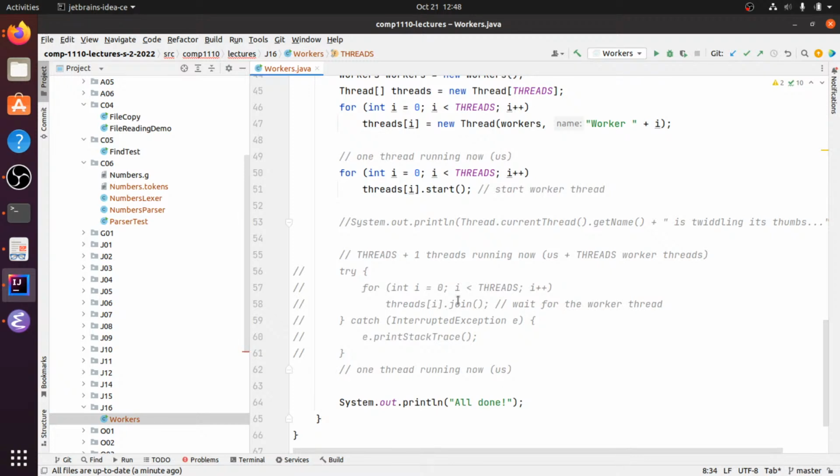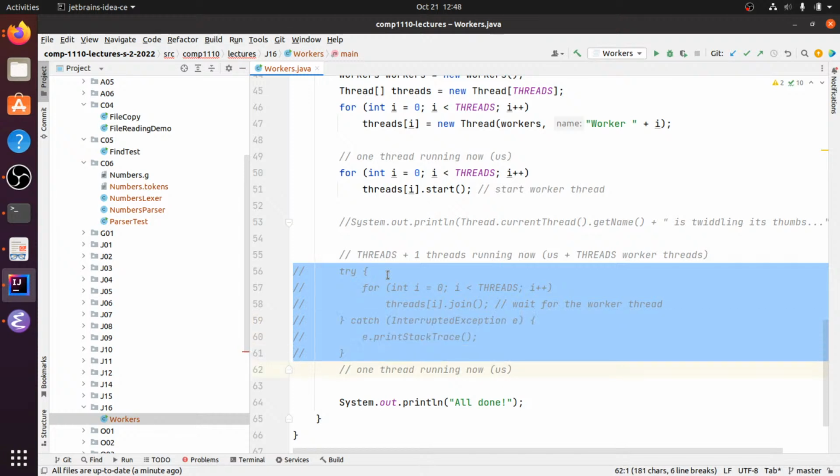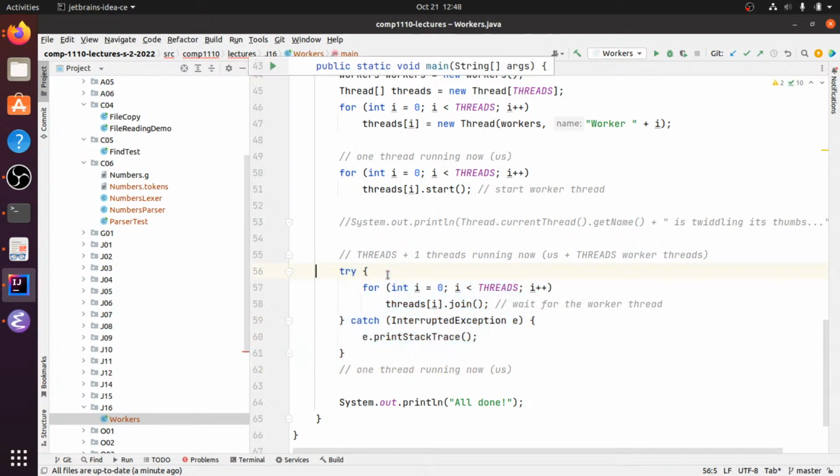So in order to wait for everything to be done, what we need is something like this. I don't know if we actually need that try-catch block, but remember I said that you can't really stop a thread, but you can wait for it to finish. So what we do here is, for all the threads that we have started, we now call join on them. And what join does is to pause the main thread that is just sitting here and doing nothing until